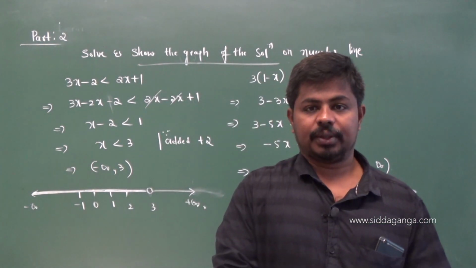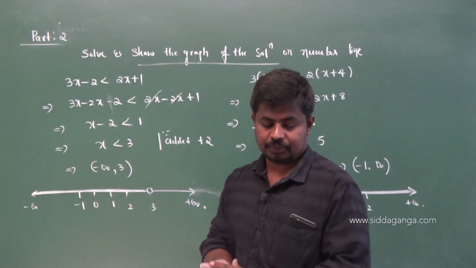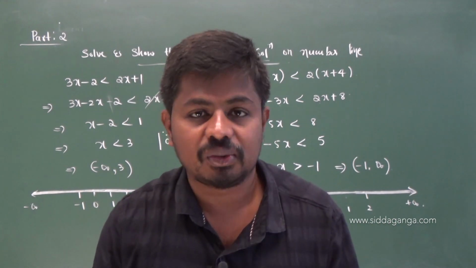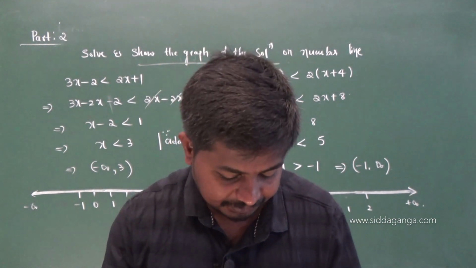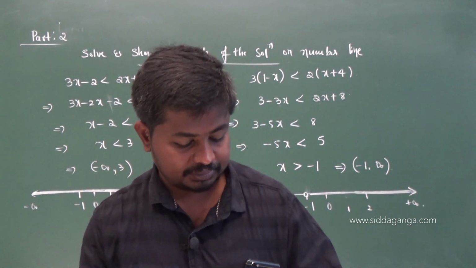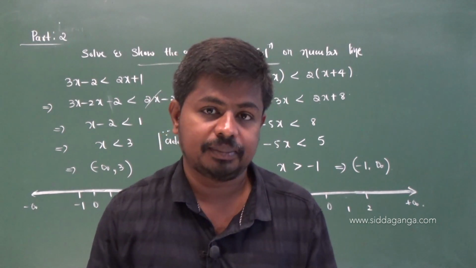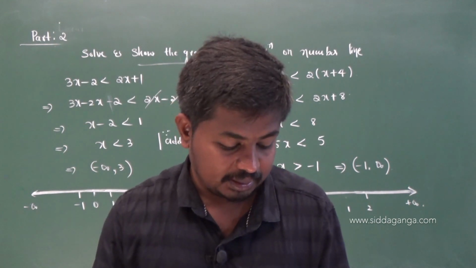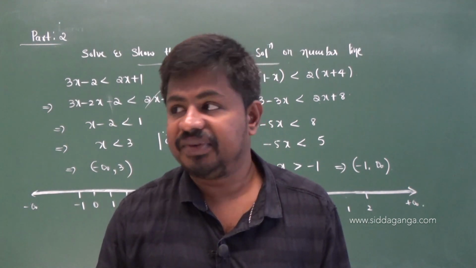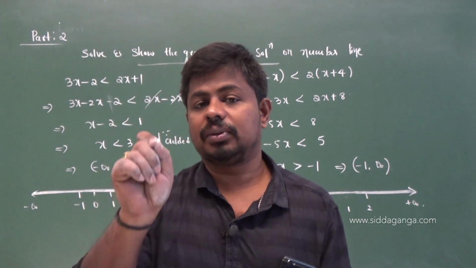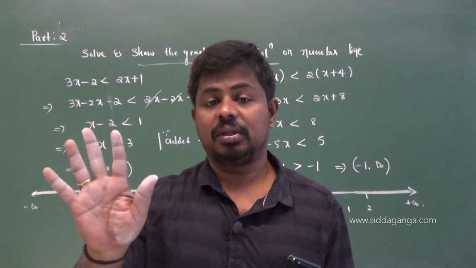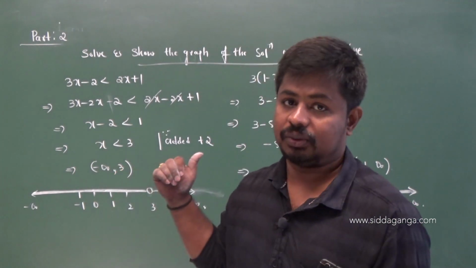Hope you learnt how to get the solution for a linear inequality in one variable, right? So simple, very simple thing. Just remember the four rules. Using the four rules, you can easily find the solution. But one thing: in case of an equation, we transfer from LHS to RHS, but that is not valid in this case. Don't do that.